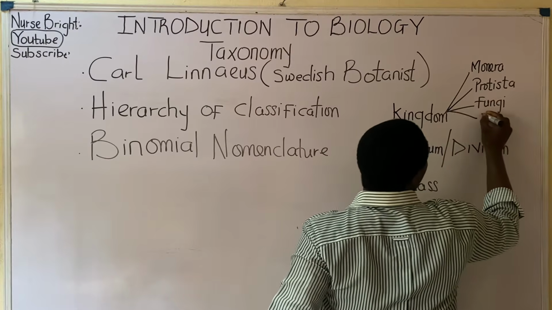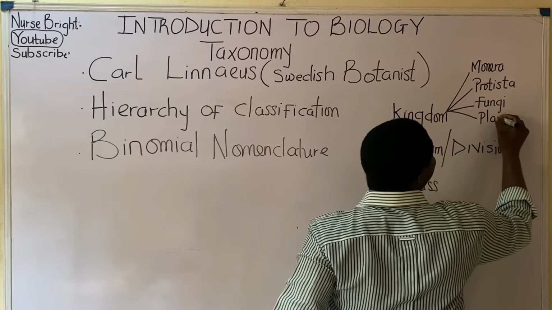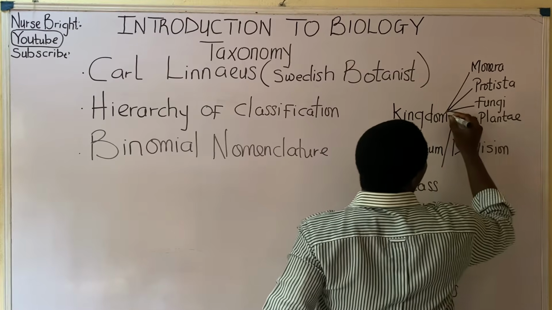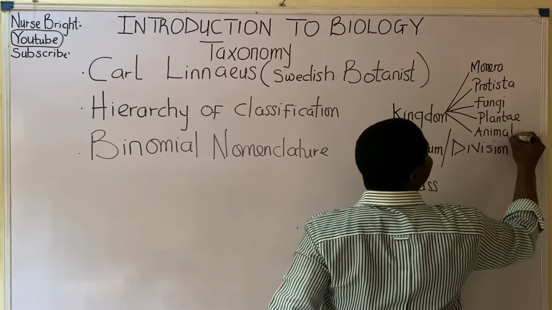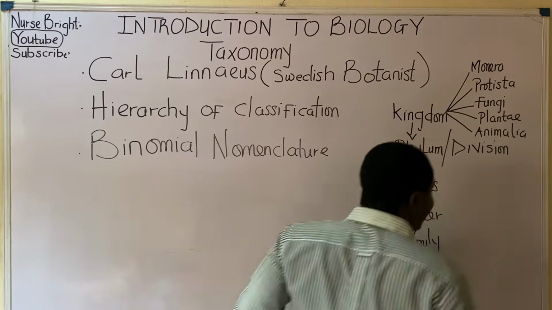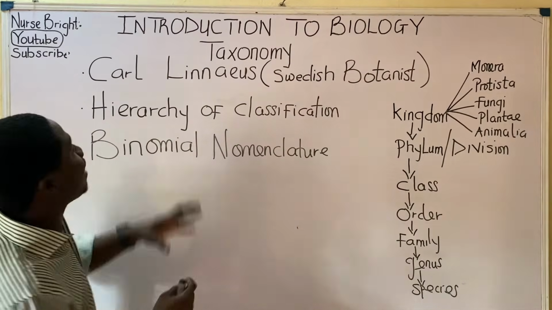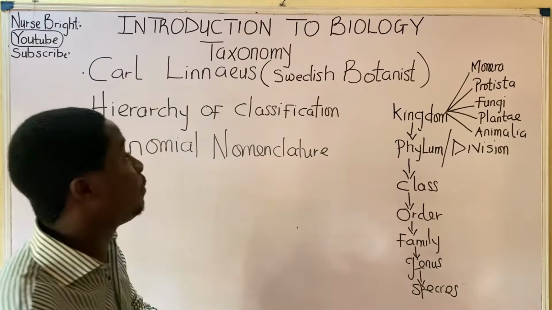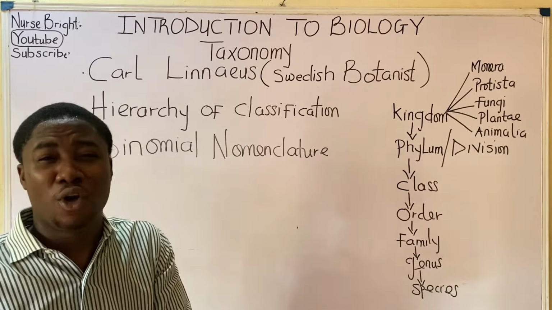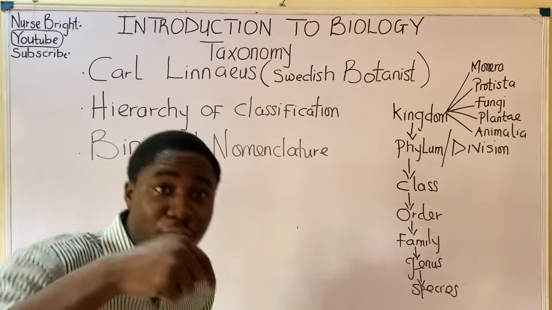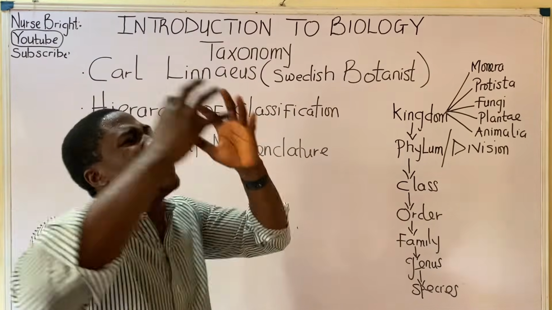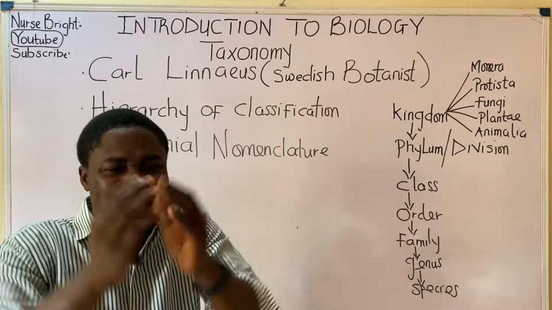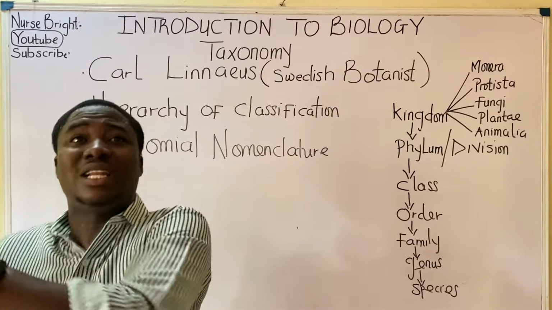The other is called kingdom Plantae. And also the last is called kingdom Animalia. So if you observe, you can see that this man called Carl Linnaeus, who brought about the modern classification of living organisms, who was a pioneer for the modern classification, taxonomy, now further explain to us and try to tell us where each of these organisms belongs to.